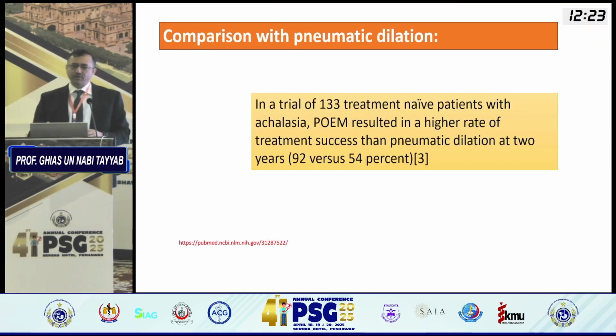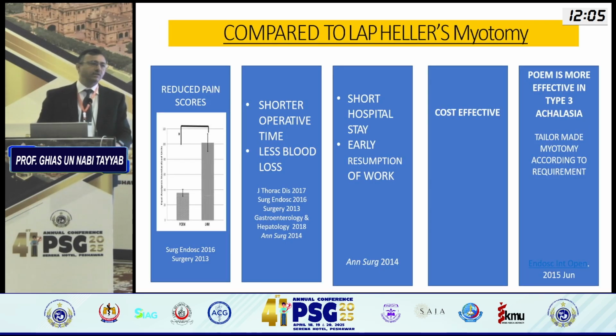Now, is it safer and more effective than pneumatic dilatation? We all know, we have been doing pneumatic dilatation ever since we started our journey in gastroenterology. Pneumatic dilatation is no doubt effective. It is easy to do, but how effective is it? In the best of hands, it is not more effective than 54-55% of cases. This is the meta-analysis which has been done on this subject. How many people develop complications? Roughly 5% of people develop complications, and these complications are major. Once these complications develop with pneumatic dilatation, nothing short of surgery works.